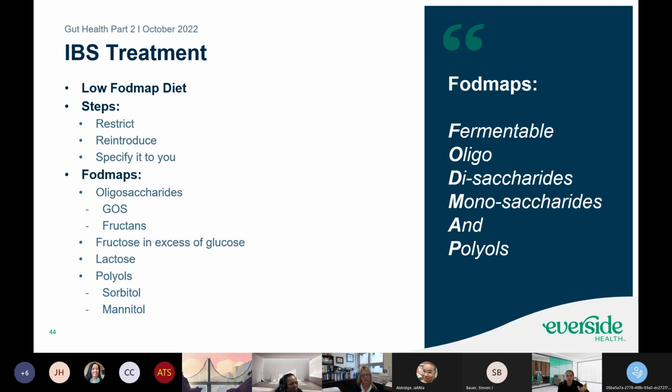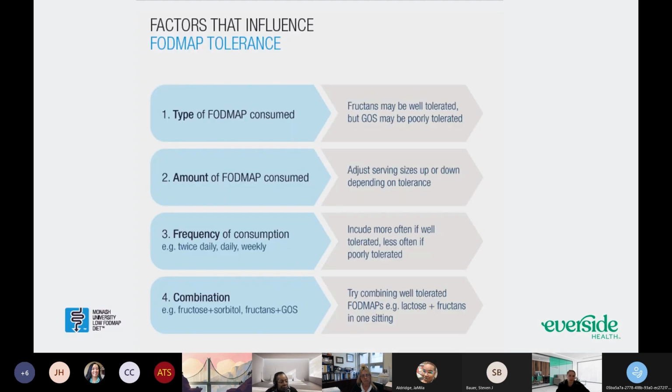Fruits have a lot of fructose in them, a lot of fruits. And so if you have more fructose than you do glucose, that can cause issues for people. It's just that ratio. Lactose, so milk, is a common one for a lot of people. Polyols, these are going to be sorbitol, mannitol, xylitol is another one, not on there, but